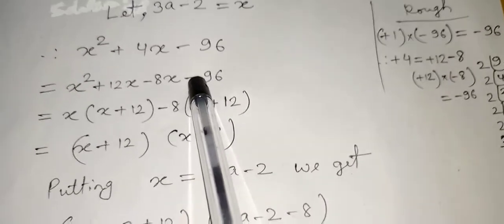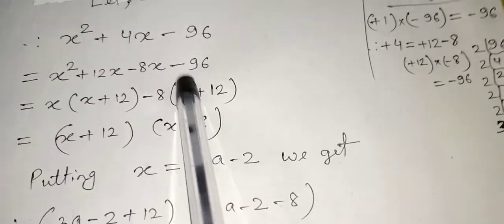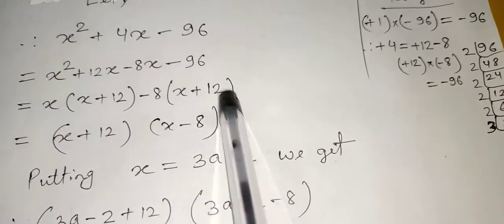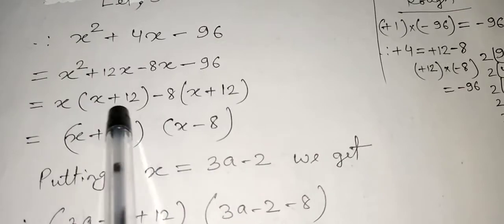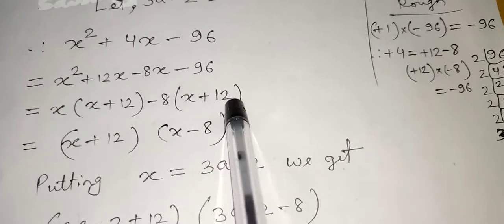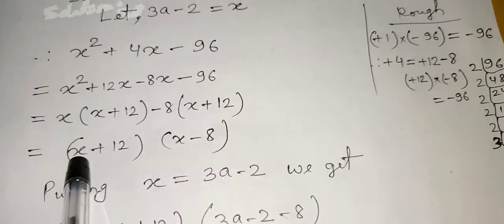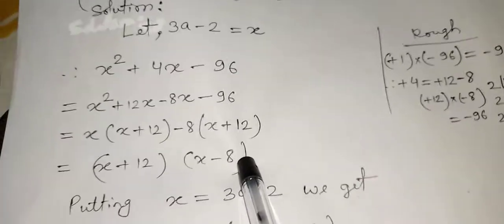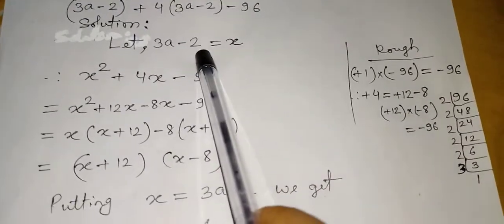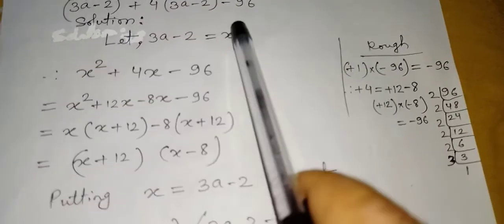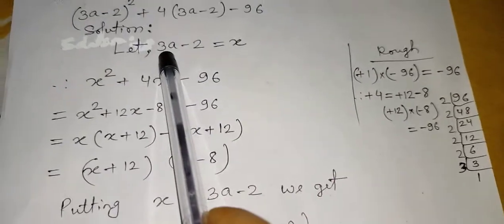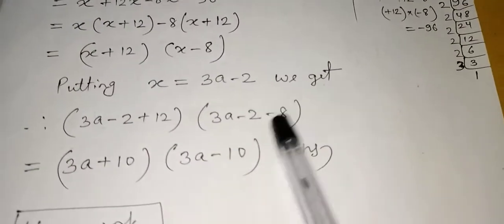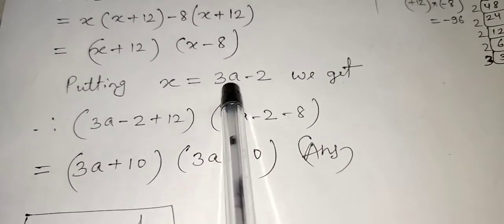Had it been plus, it would be minus here, but there is minus, so it became plus, because minus into plus is minus only. And 8 twelves are 96. So you can see, children, in both the brackets we got the same expression, that means we are correct. So this x plus 12 will come common here, and the outer number x minus 8 will come in this bracket. Now you know, children, actually x is 3a minus 2. Now I have to put the value of x as 3a minus 2. So I will write, putting x equal to 3a minus 2, we get